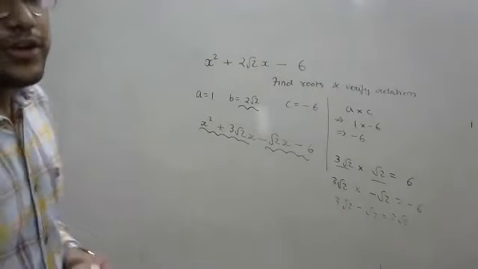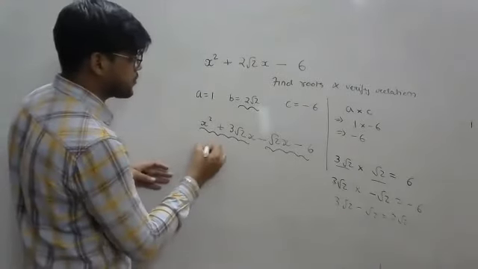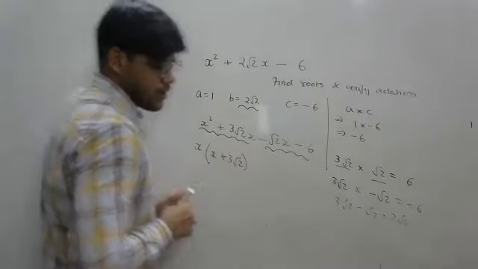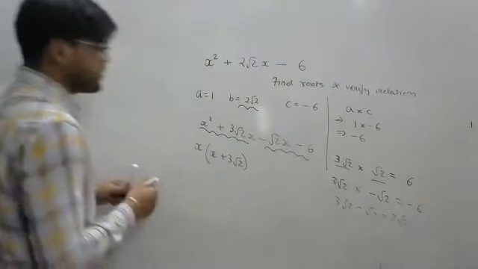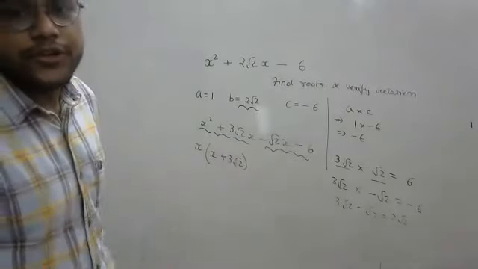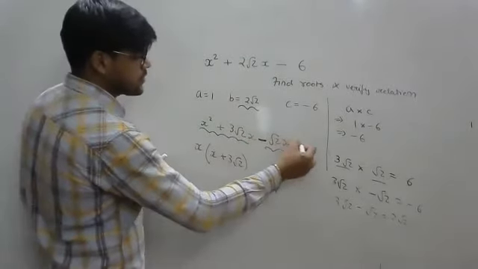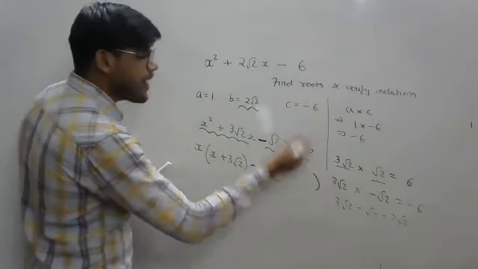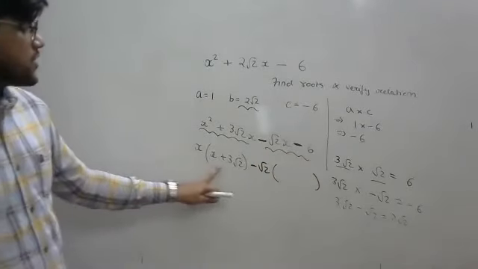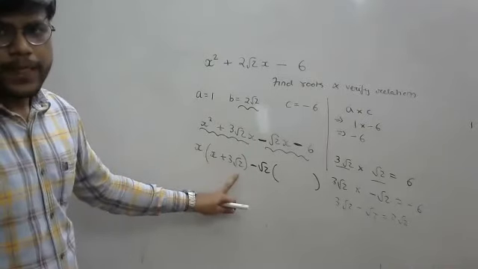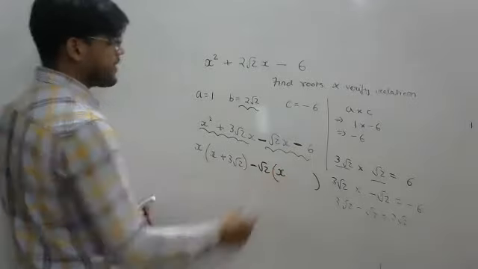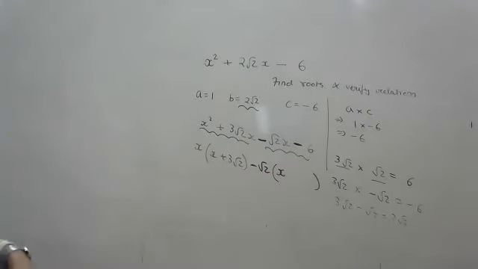Okay. So if we take, there's nothing, only x can be taken out. So it will be x plus 3 root 2. And here, now this is interesting. You need to take, first of all, minus is common. Then root 2 and 6, you can take root 2 common. You have to take root 2 common, because here you need x plus 3 root 2. And here, it will be x only if you take root 2. X plus 3 root 2.